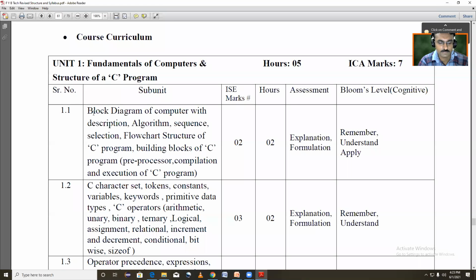tokens, constants, variables, keywords, primitive data types, C operators, in bracket, arithmetic, unary,